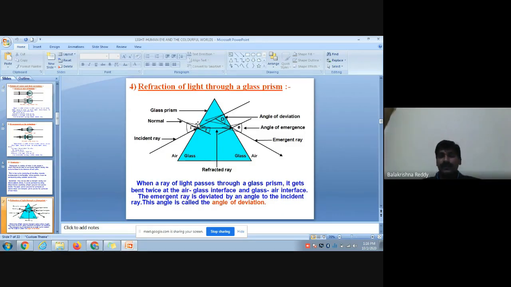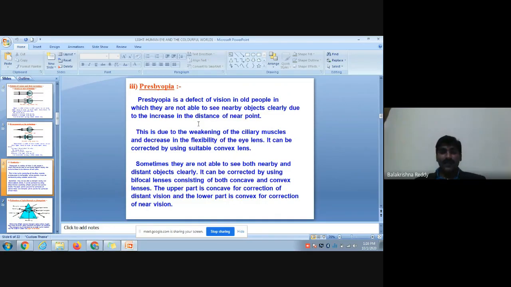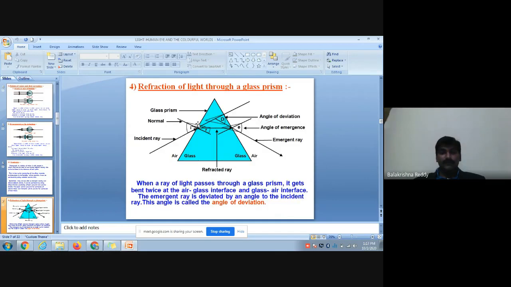Now, till now we have discussed eye defects and we have completed the human eye part. You need to remember basically presbyopia, hypermetropia and their corrections, and myopia and its correction. Why it arises is also important, and power of accommodation, least distance of distinct vision, as well as far distance, nothing but infinite distance. We have to remember all the labeling of the eye diagram with each and every part very properly.